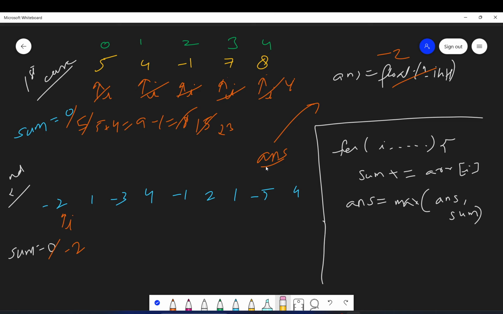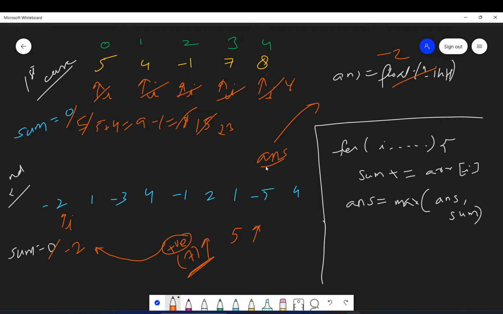Okay. Now guys, important point, just hear carefully. Let's say we move forward and we get a positive value, but our sum is already negative. Do you think it makes sense to add a positive number to this negative sum? Let's say you have a number 7. If you add 7 to this sum, it will become 5. So which is greater? 5, or if you only consider this positive element, 7?